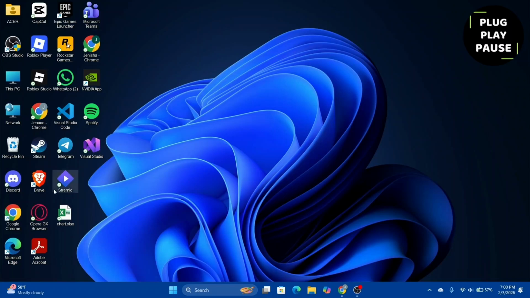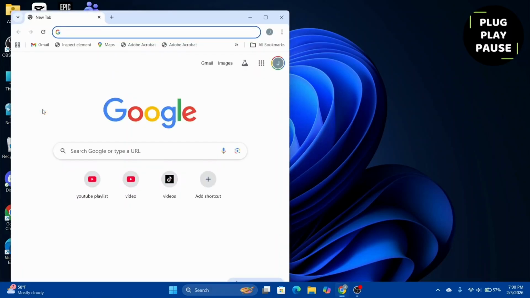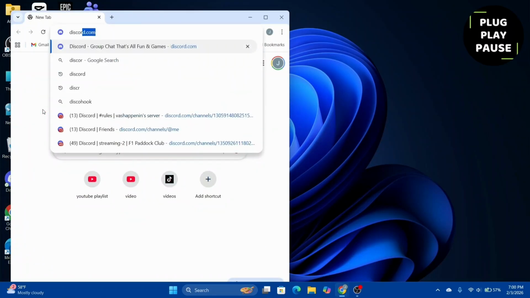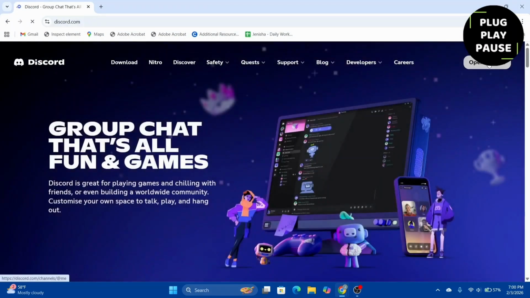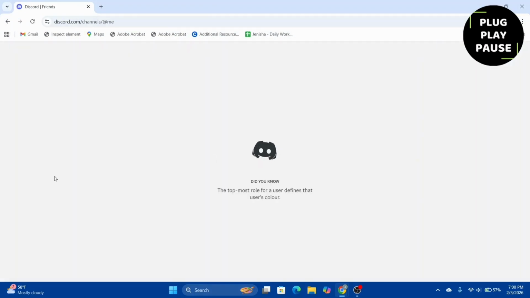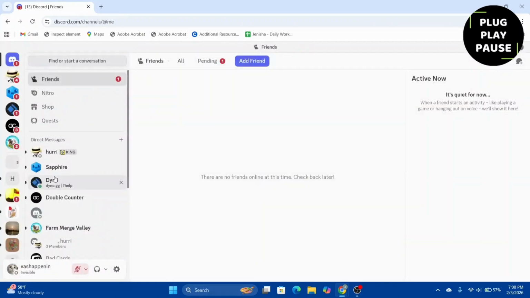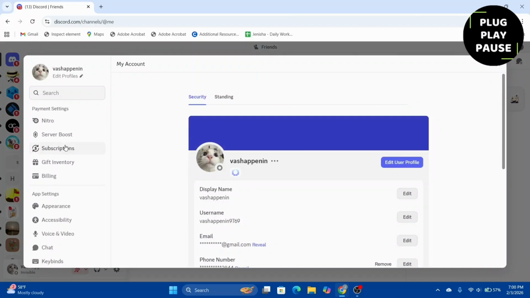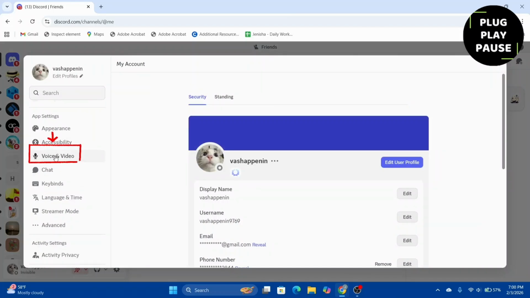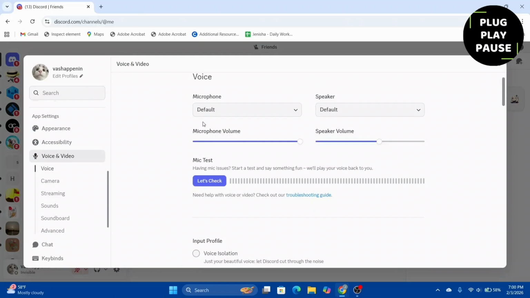So the first thing we can do is we can open up Discord. Just go over and search for Discord. And once you open up Discord, what we can do is we can go to the user settings. So go to user settings like this, click on it. And within user settings, we can go to the voice and video section here, scroll down, find voice and video, click on it. And under output devices section here,